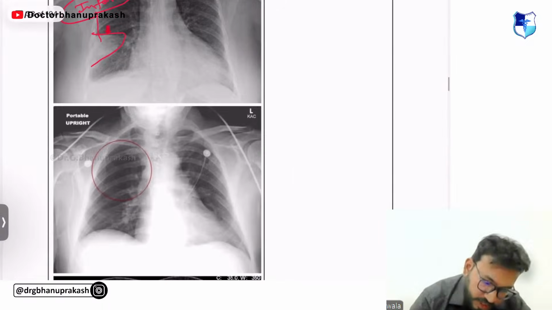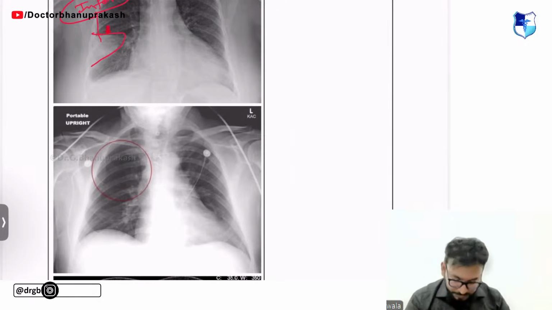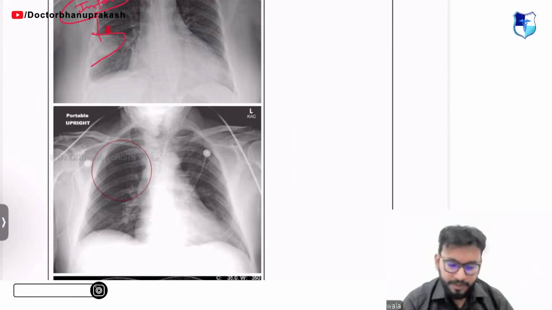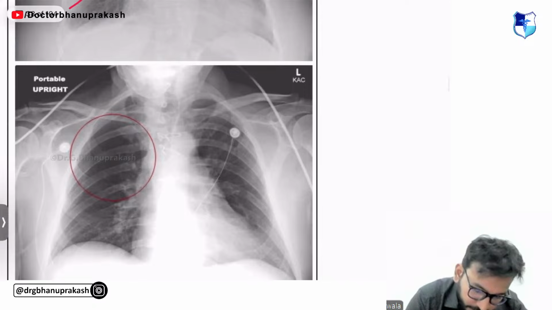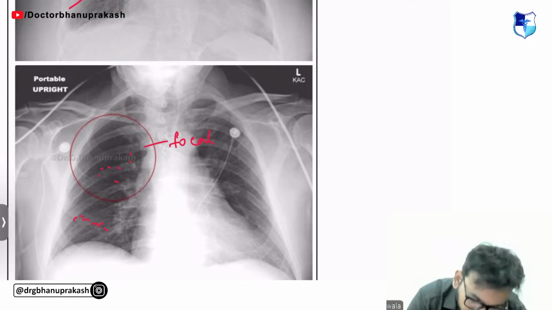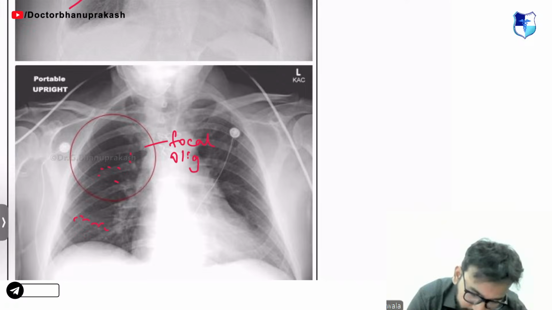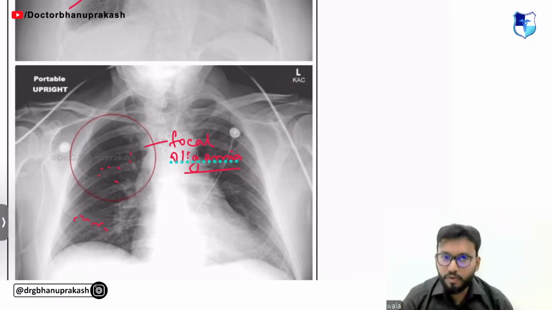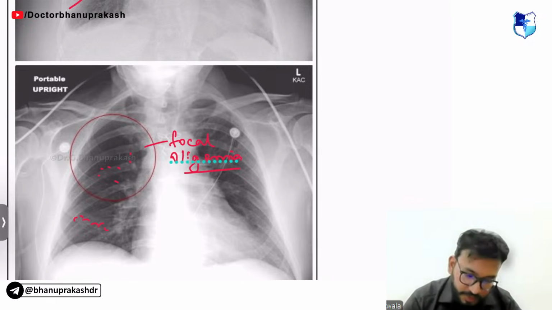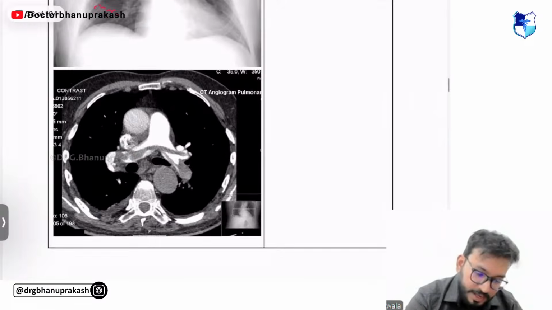Okay. What is this, guys? I've circled it for you. This is another sign of pulmonary thromboembolism. Can you see what is happening? You can see a lot of blood vessels here, but here you can see very few blood vessels. In this particular focus, this is known as focal oligemia. Olig means less, emia means blood flow. In this area, there is decreased blood flow. What is this sign? Yes, Tranquil Nirisha, you're absolutely right. This is the Westermarck sign.